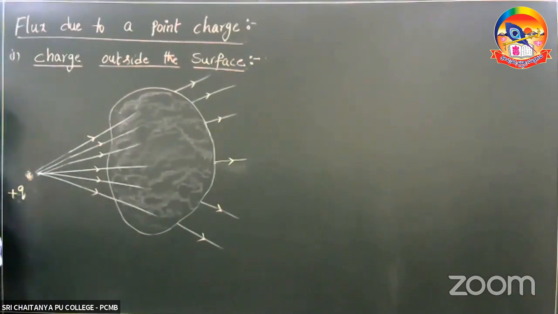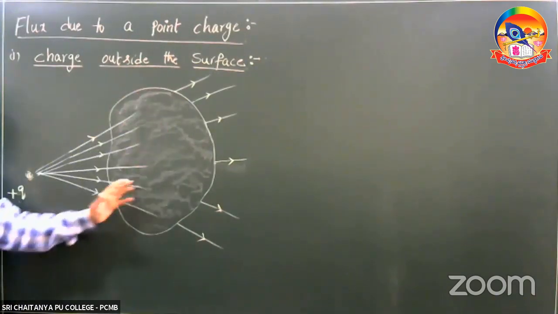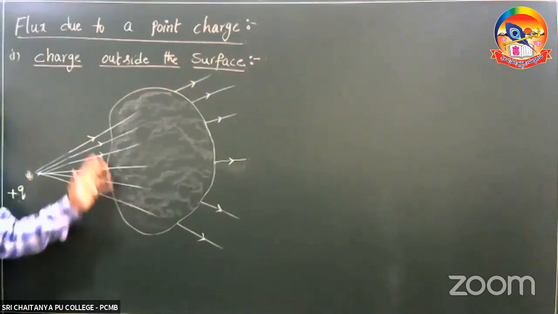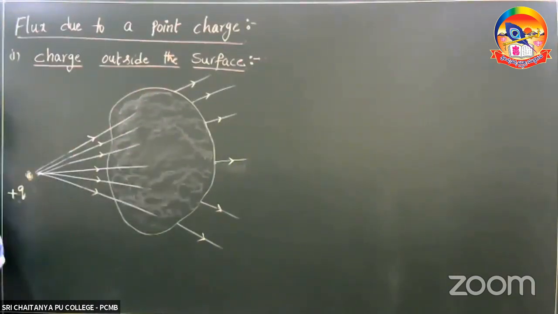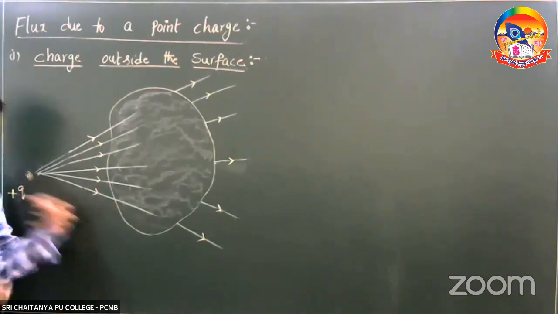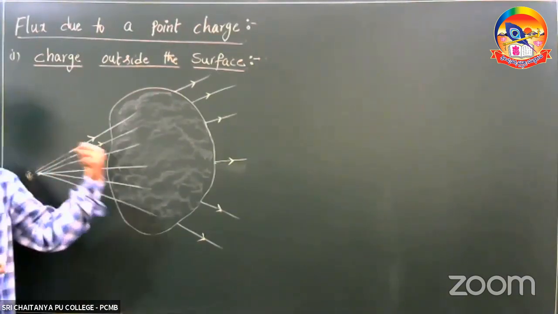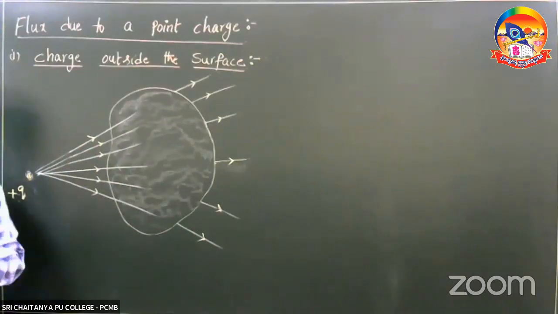The question is, what is the flux through this surface? Meaning the total flux linked with this surface. This is the question. A simple answer without any calculation. If you know the conceptual thought, we can answer it. See, what is the flux? The total number of lines entering and leaving the surface, that is the total flux linked with the surface, right?